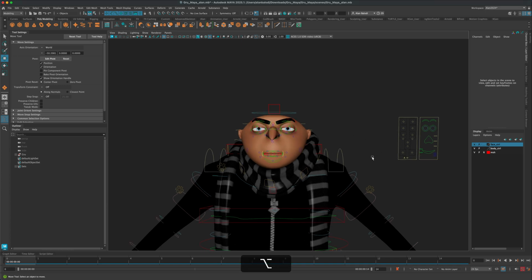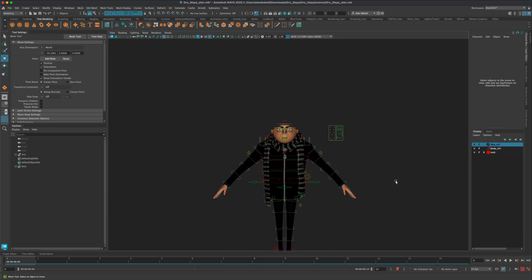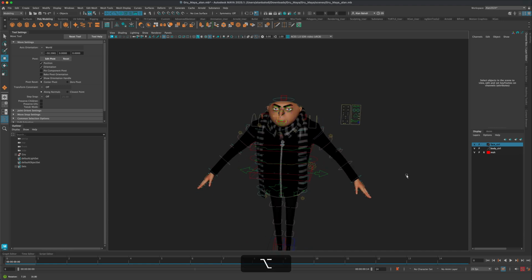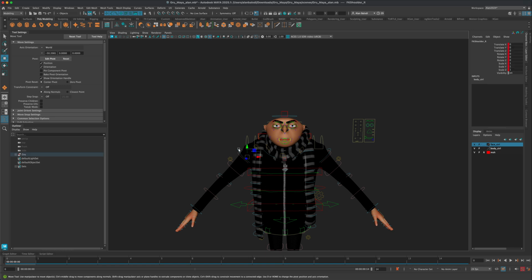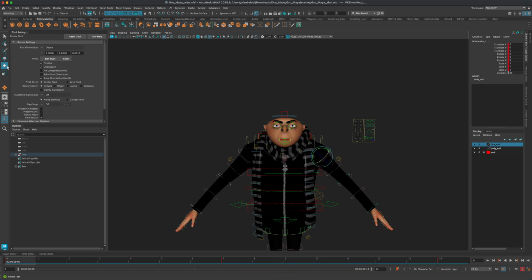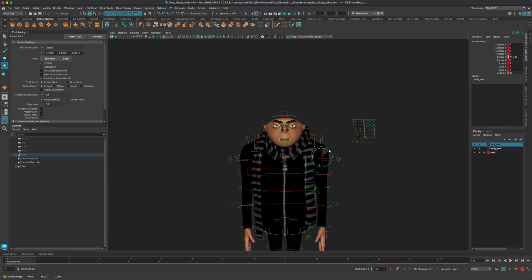So let's go ahead and do that. The first thing I'm going to do is, instead of having the guy, or Gru, stand in this A pose, maybe let's lower his arm so he's just standing, right? So I'm going to click on this blue controller, hold the Shift key, select this one, press E. And if I double click on this rotation, the rotate settings will come up, and then in here just make sure that the axis orientation is set to object, and that's going to allow you to control both arms at